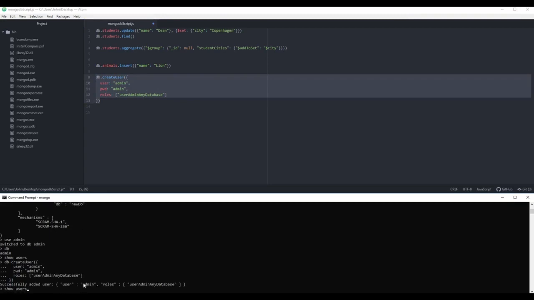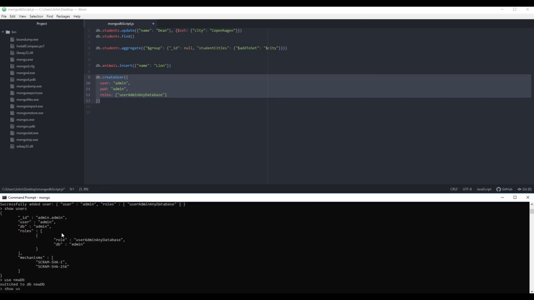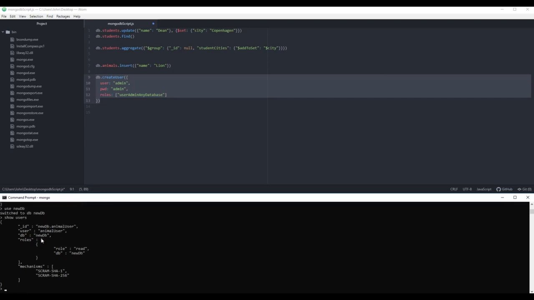And if you type show users, we see that we have the admin user in the admin database, and we are not seeing our animal user because we are currently not in that database. So if we type use new DB, and we say show users, we now see the user for that database. So now it's time to turn on authentication in